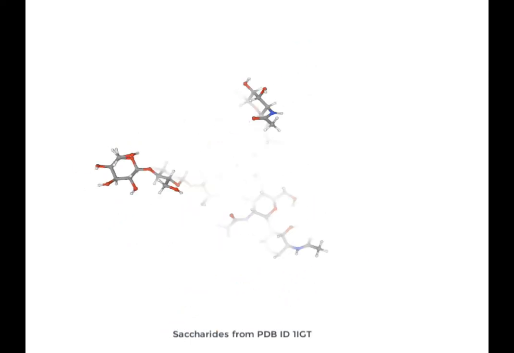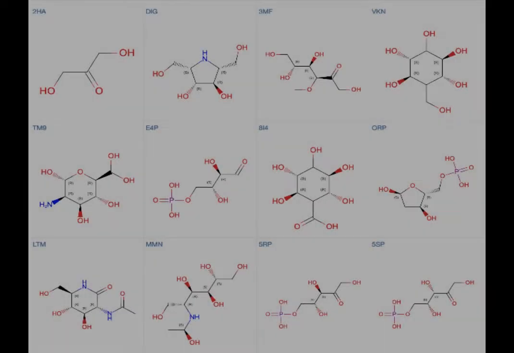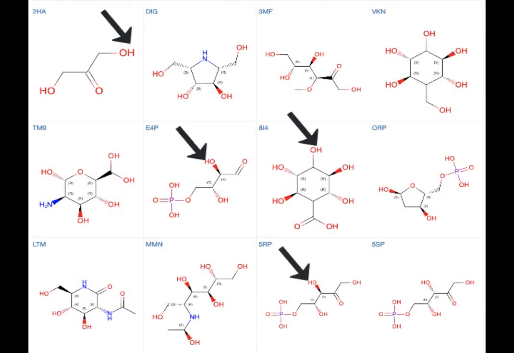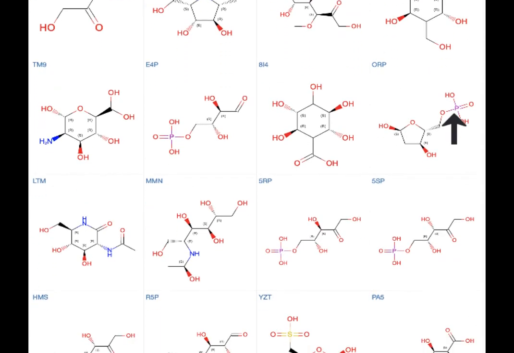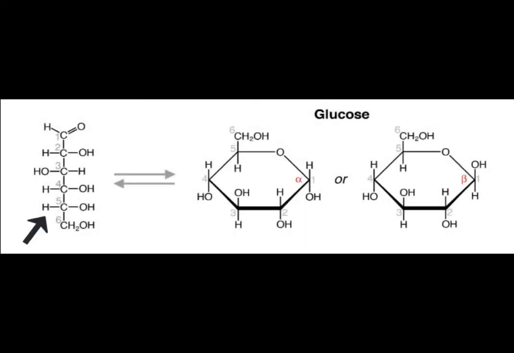Carbohydrates are hydrates of carbon, so their building blocks, or monosaccharides, are primarily composed of carbon, hydrogen, and oxygen atoms. Some monosaccharides also include nitrogen, phosphorus, and sulfur atoms. Although these molecules exist in their linear form, more frequently they are found in the form of 5- or 6-member rings. Carbohydrates differ from other biopolymers like proteins and nucleic acids in two major ways.